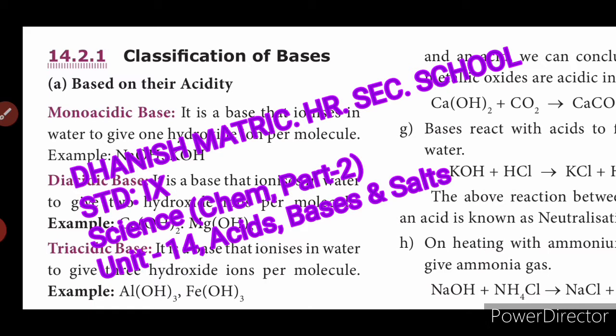In the previous session, I tried explaining about acids, their classification, the chemical reactions, and their uses. Then we discussed what aqua regia is. Aqua regia is nothing but King's water. In Latin it is called King's water, and it is nothing but